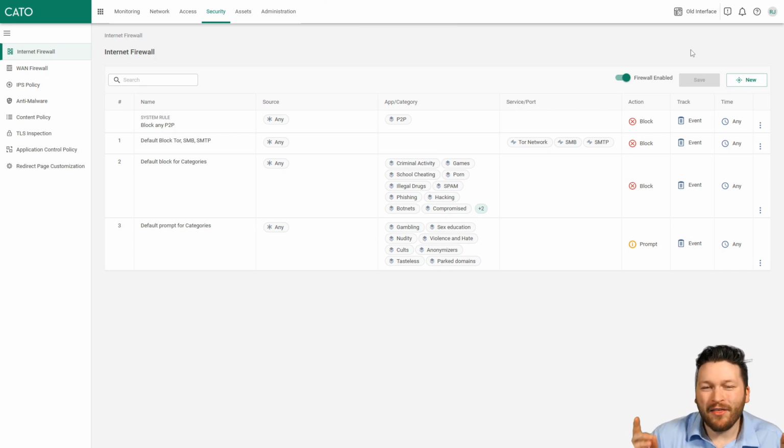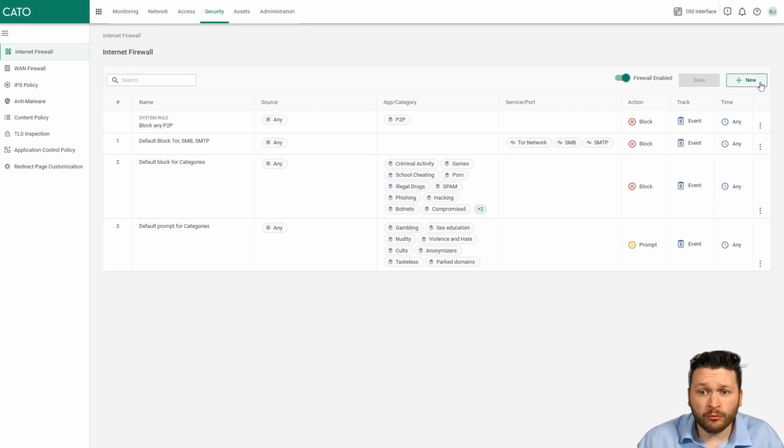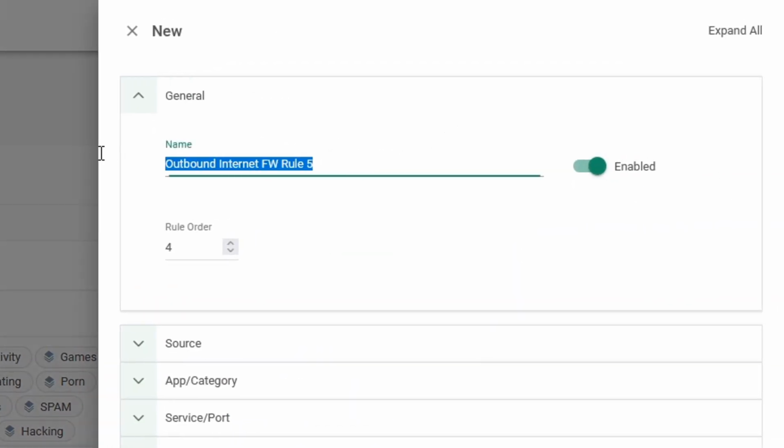Now it's saved. The internet firewall is applied to all users and all sites across the account. So as I start to onboard more users, deploy more sites, and expand the Cato footprint, all of these internet firewall rules will be applied everywhere. If I was to create a new internet firewall rule, let's create a quick one,